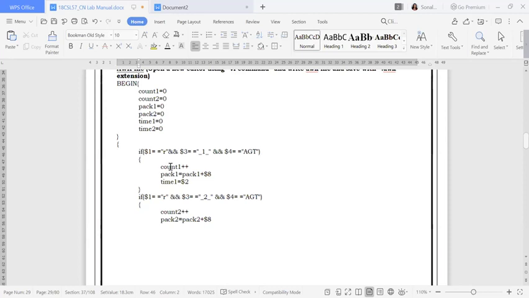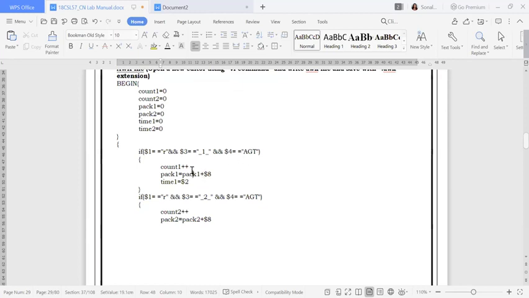Then you are going to increase your count value. You are going to find out your pack1. Initially the pack1 value was 0, so you add 0 plus $8. This 8 is your flag ID number, which is generated automatically when the agent is traced.